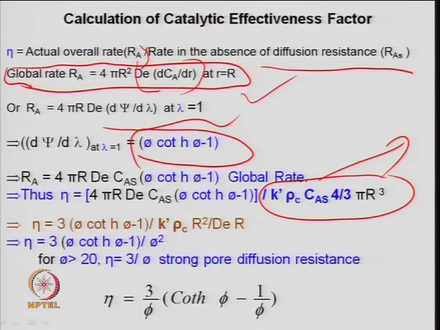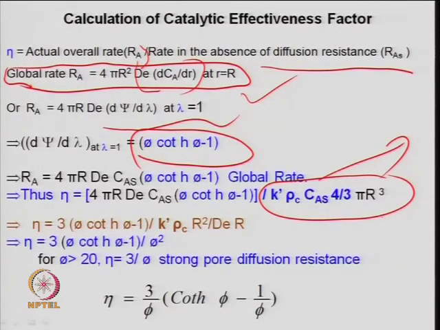So, either definition, whether you define it based on surface area or based on volume or mass. Here it is taken in terms of mass. So, k' times 4/3 πR³ is the volume of the pellet, multiplied by the density of the catalyst, so this becomes the mass of the pellet. So, basically k' times ρ_c can be written in terms of k_V, the volumetric rate constant, multiplied by 4/3 πR³, right, that you know, or that is also equal to the surface area rate constant times 4πR². So, this is the intrinsic rate, or maximum possible rate, for the isothermal case.